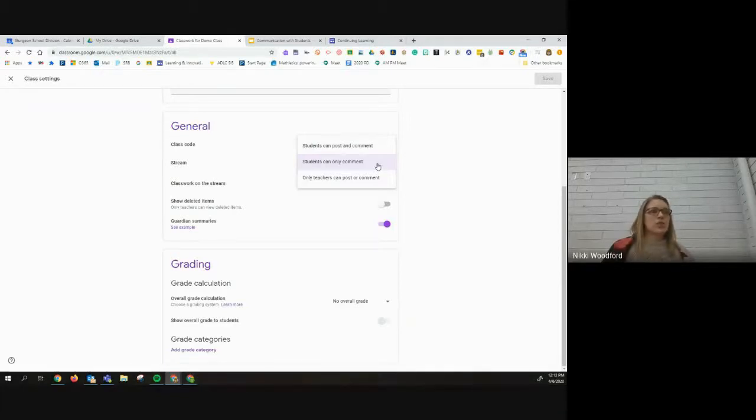By default, it starts at students can post and comment. I would strongly encourage you to take it off the default and adjust it to students can only comment. In other words, they cannot create their own post in the Google Classroom stream. They can only comment on a post that you have made. The reason for this is because if you let them post,